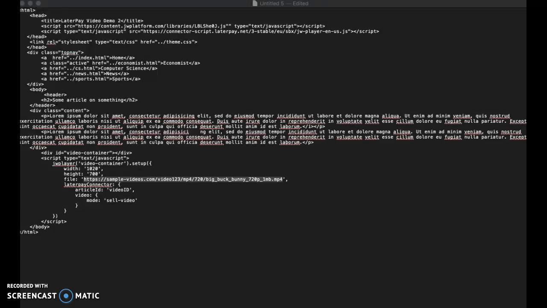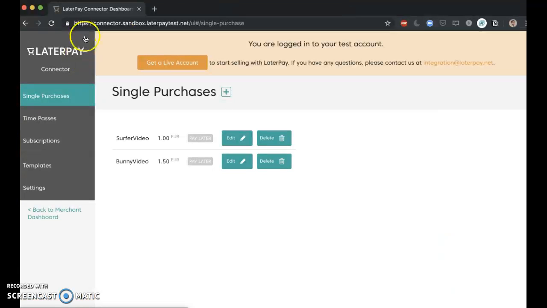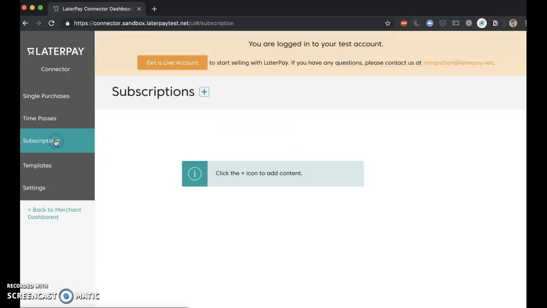Okay, so now that we are sure that we have this embedded on all 3 websites which contain these videos, let's jump into our configuration options. Going back to the connector dashboard, we see that we have defined our 2 single purchases before, surfer video and bunny video, but we additionally have time passes and subscriptions that we will be using in this lesson. Let's start off with the subscription. So if we click on plus here,